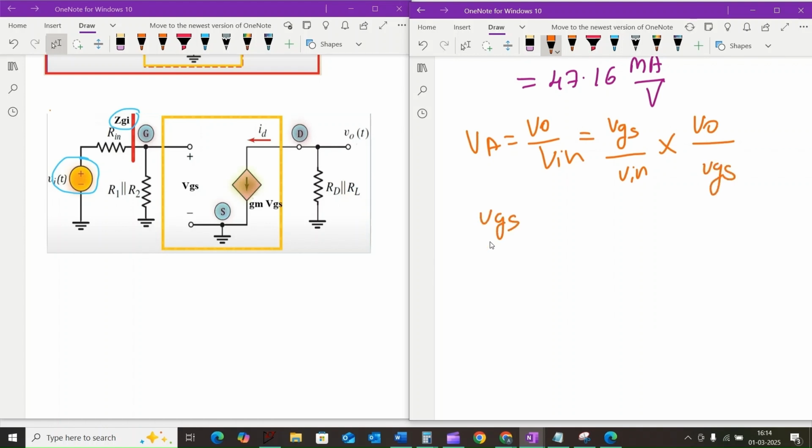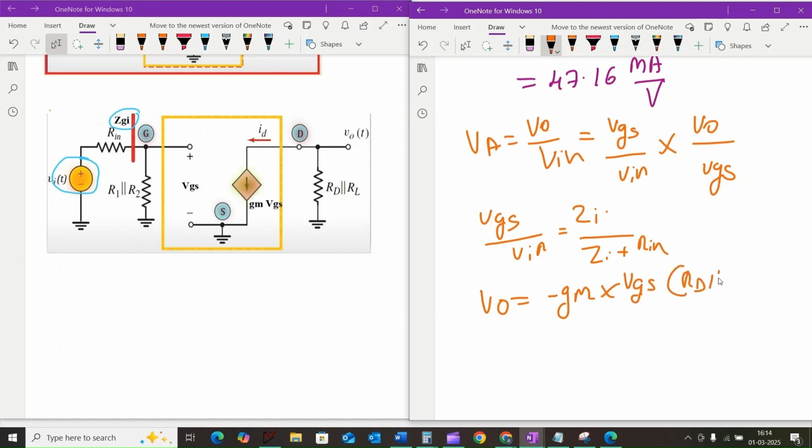Here VGS divided by Vin is equal to ZI divided by ZI plus Rin, and the output voltage Vout is equal to minus GM into VGS